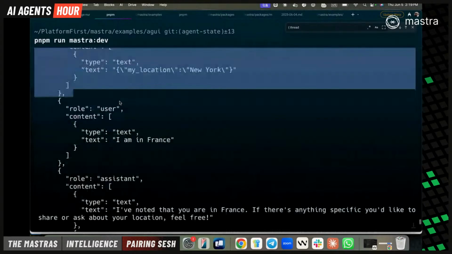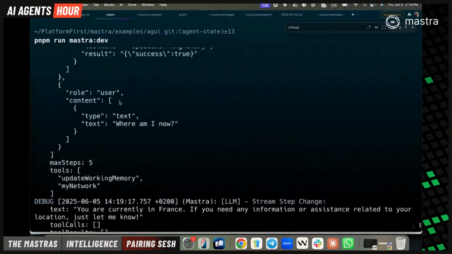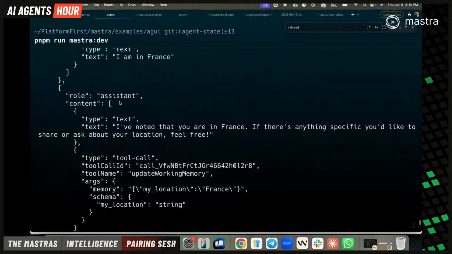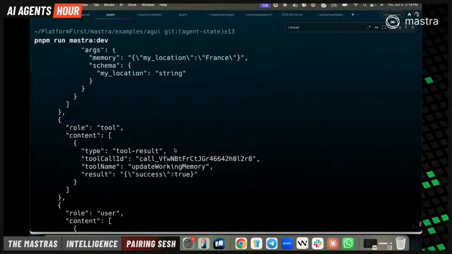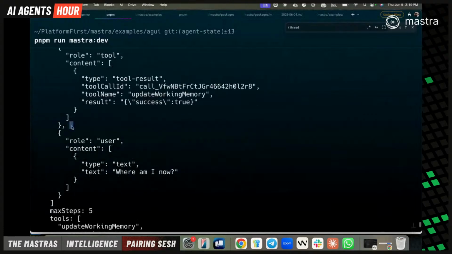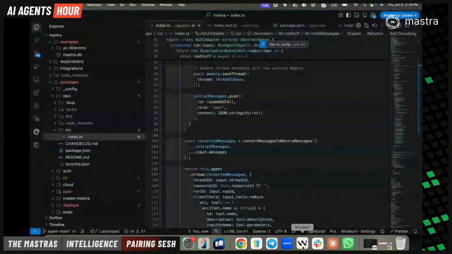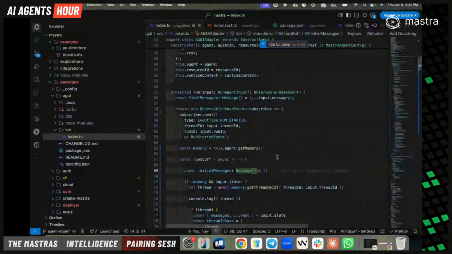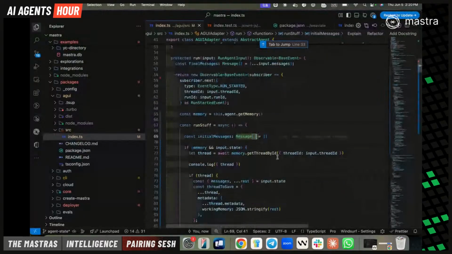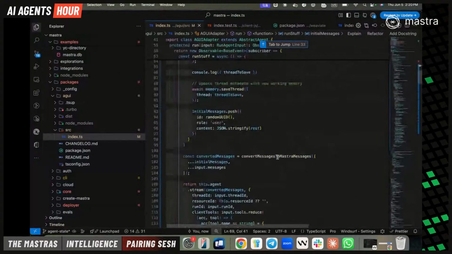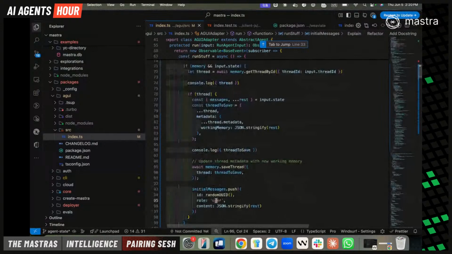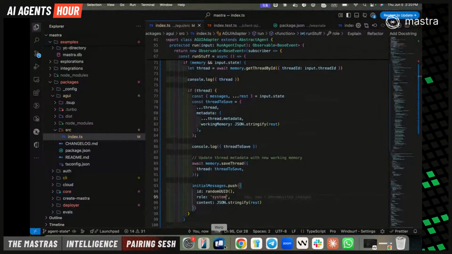But it needs to go... It still thinks it's in France, of course, right? So it has to be right here, which we don't necessarily know, do we? We just have all the messages right now. So maybe we should try the system role, actually. So maybe if I just use the system